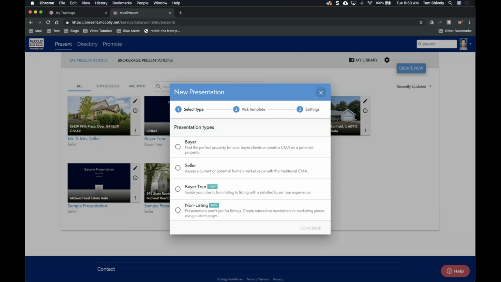What are we making? So we can create a buyer presentation, a seller presentation, a buyer tour, or a non-listing presentation. So we've talked about those first three, but the non-listing is if we're making something that has nothing to do with a CMA. So let's say we're making a monthly newsletter or something that's just going to convey information, but it doesn't have any of those listing pages. This is a presentation that will skip all of those steps. So instead of putting you through the 5 simple steps, it's just going to have one. It's going to let us create custom pages. So that's what that presentation is. So we're going to select Seller here